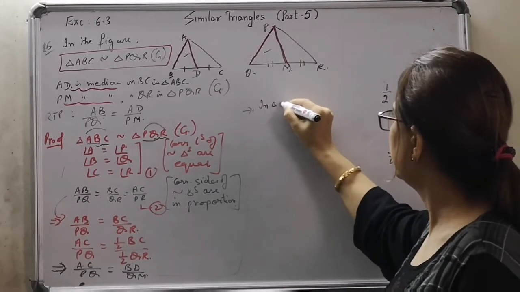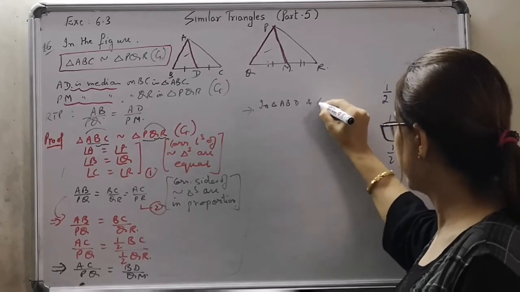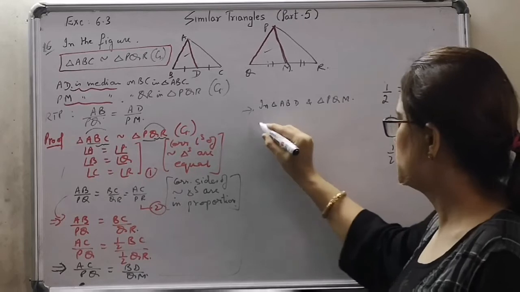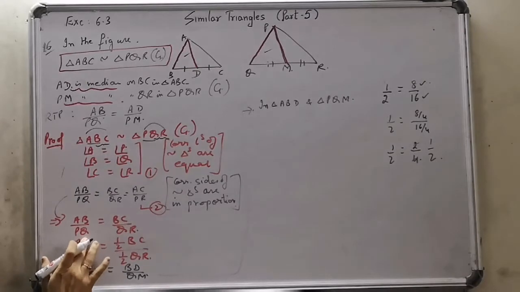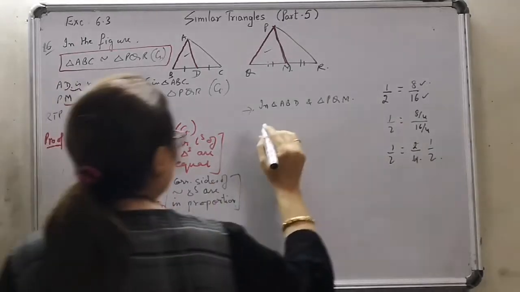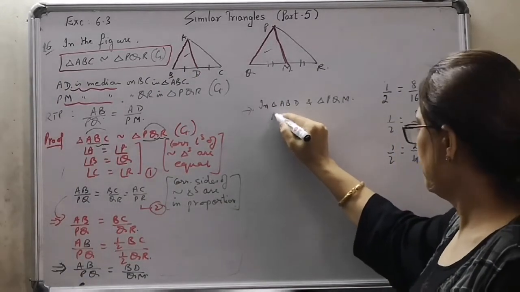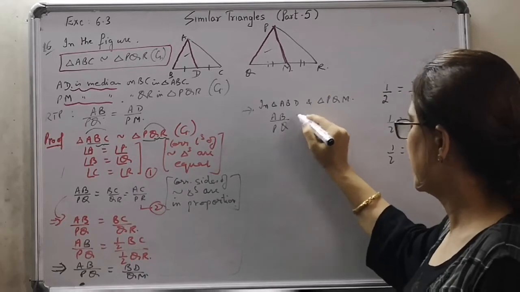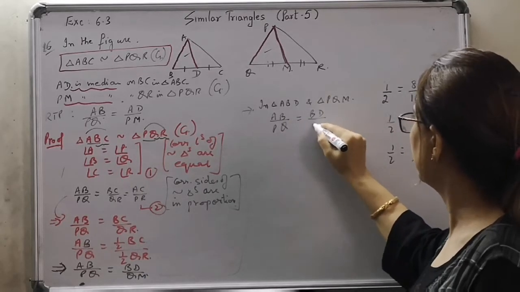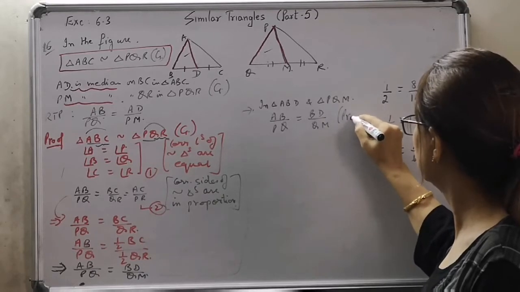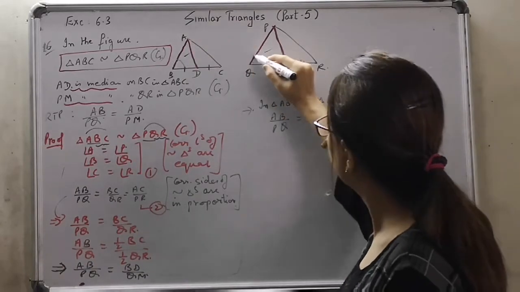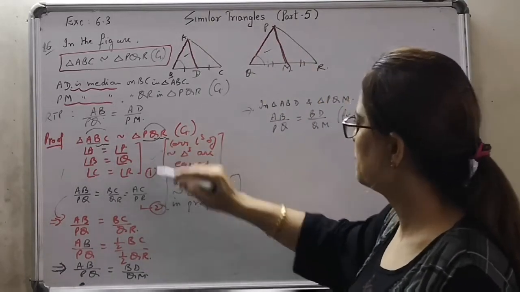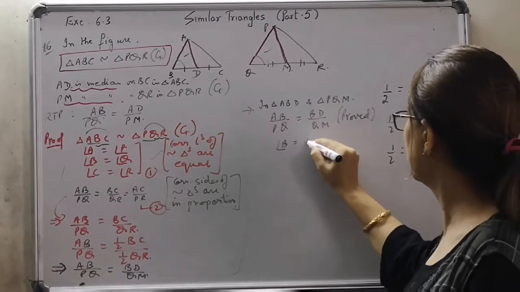In triangle ABD and triangle PQM, as you can see that we have proved that, wait a minute, here it should be AB. This is AB upon PQ. In triangle ABD and triangle PQM, AB upon PQ is equal to BD upon QM. This we have proved, right? और इन दो साइड्स के बीच के ये जो इंक्लूडेड एंगल है, these are equal. This also we have proved in part 1. Angle B is equal to angle Q.